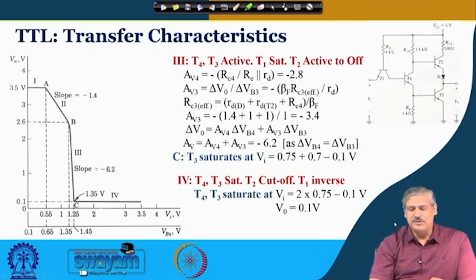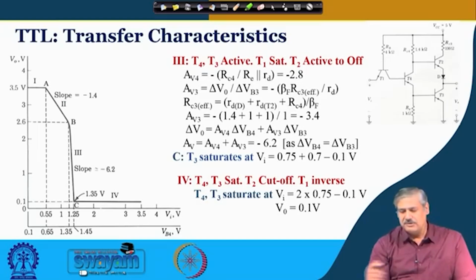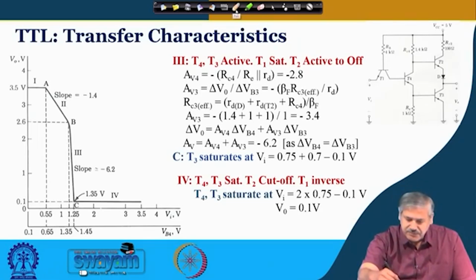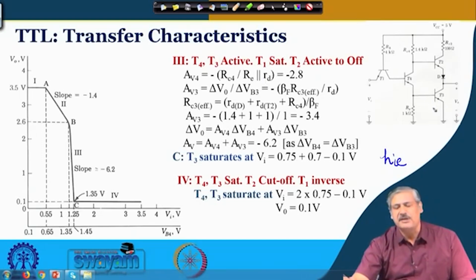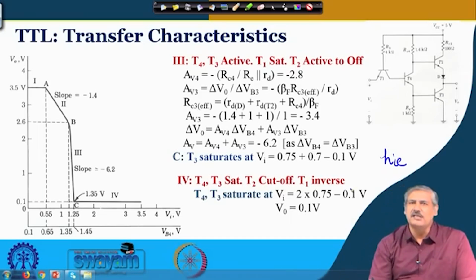Now we look at zone 3. So, in zone 3, T4 and T3 both are active. So, we are looking at this particular place. When both of them are active, the resistance across this base emitter junction, which in H parameter terms is defined as HIE, which we have defined here as RD, the resistance of the base emitter junction, can be considered as a diode resistance in that equivalence. Otherwise, those who are familiar with H parameter representation, this is nothing but the HIE in the H parameter